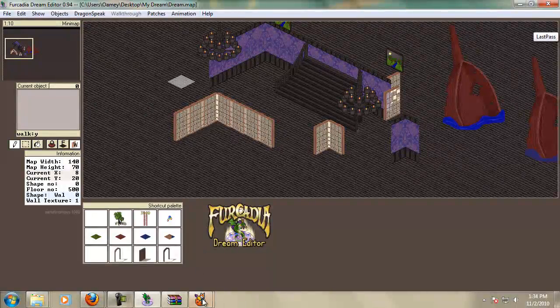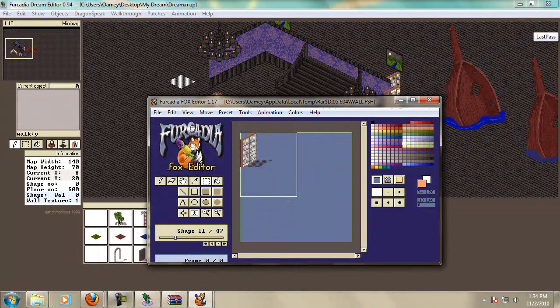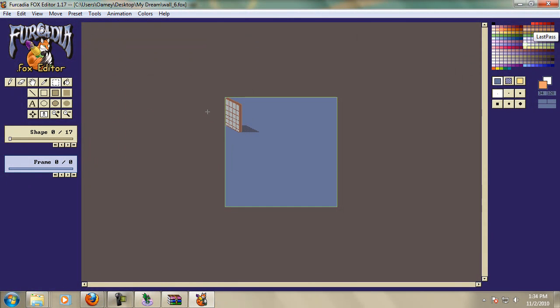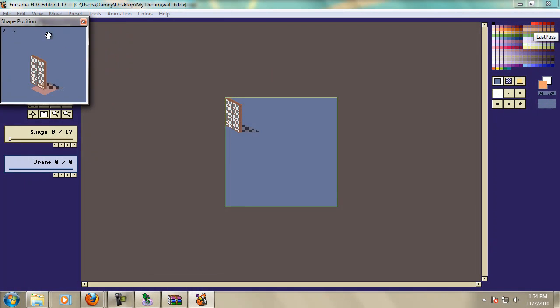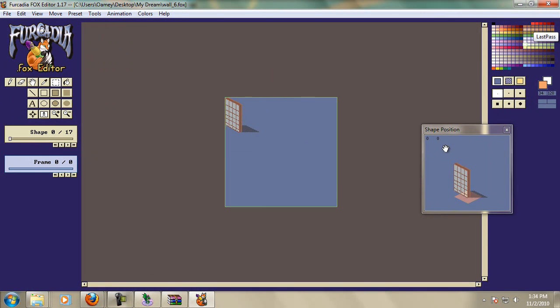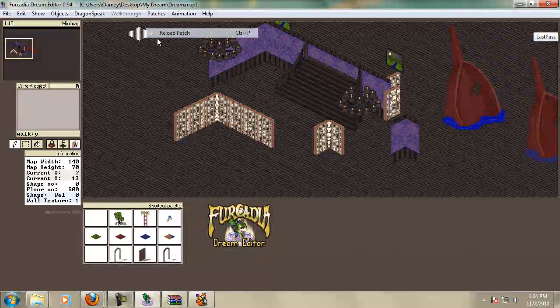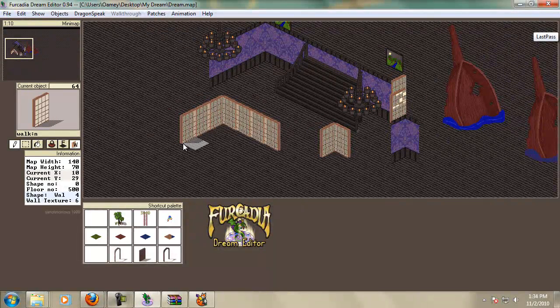To fix this, we're going to have to go back into the shape editor. Not this one. Into our wall patch that we're modifying, and we want to go View, Shape, Position. Alright? And once we have that, we need to position the wall in the center of the tiles, because that's where the wall files need to be. So right now, I've repositioned them in the center. I save it. I reload my patches. And as you can see, the walls are now positioned properly,